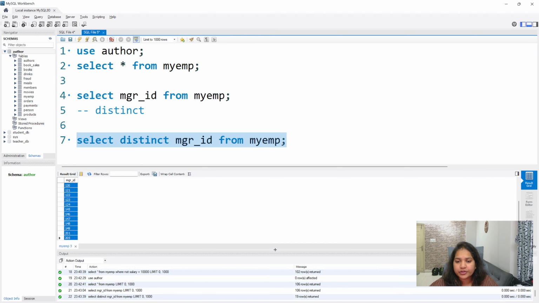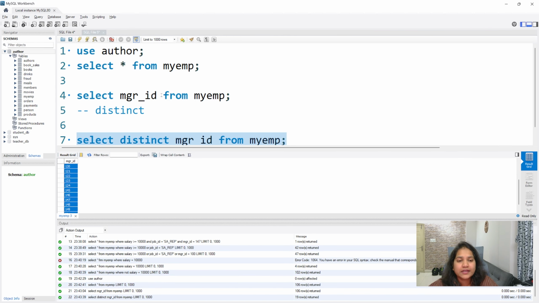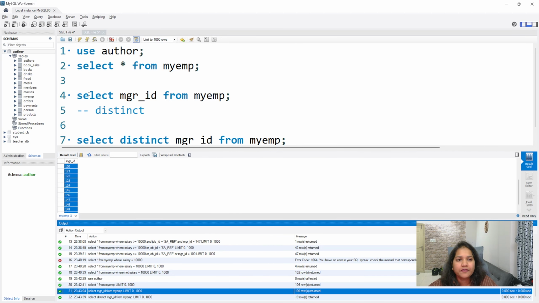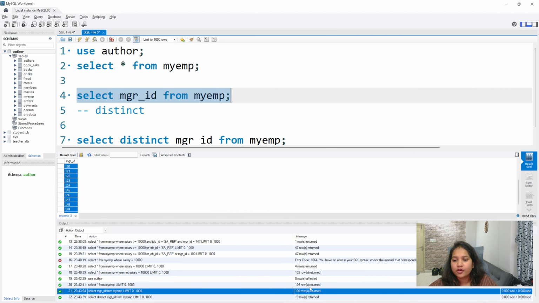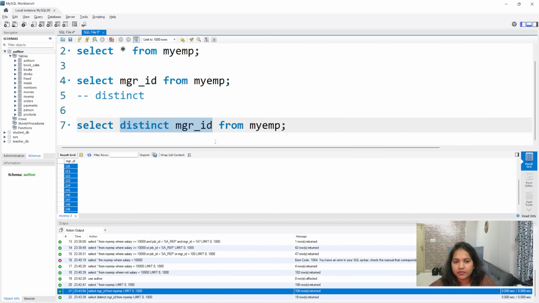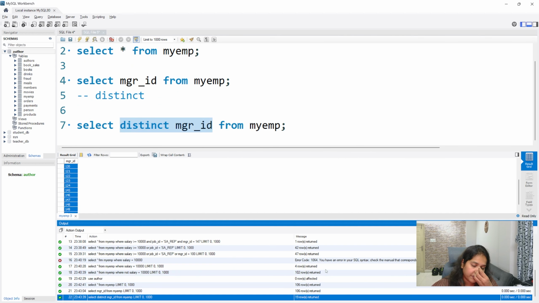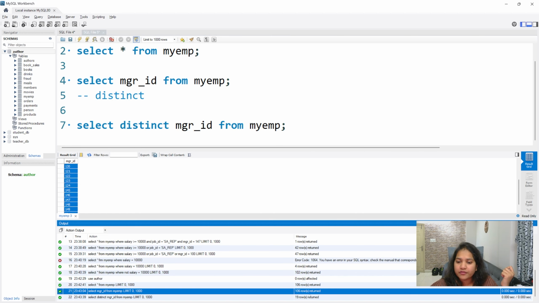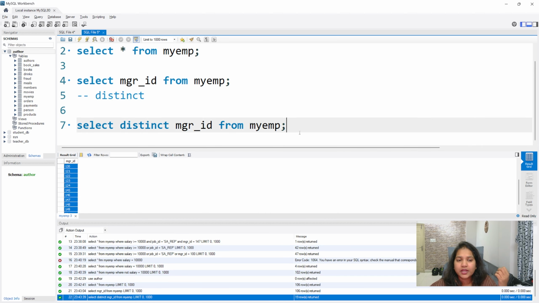Also, one more thing that I want you to do is that whenever you are running some code, please check the output. This output will tell you a lot of things. When you ran select manager ID from my EMP, you saw 106 rows returned, which means all the 106 rows inside the table are returned. But if you run this distinct manager ID keyword, only 19 rows returned, which means there are 19 distinct manager IDs inside the my EMP table. So always check your output. If 0 rows are returned, then you can see that some condition is wrong, something is failing. So please keep an eye on that.